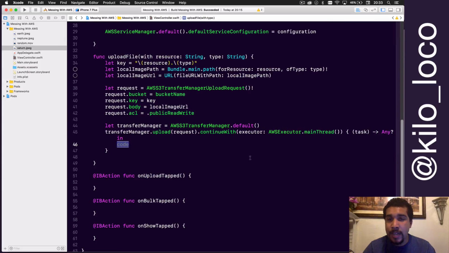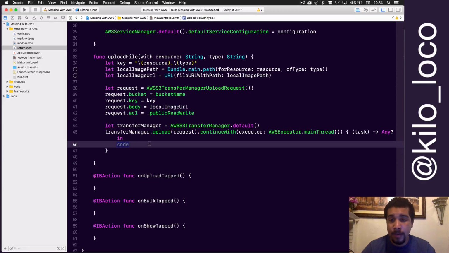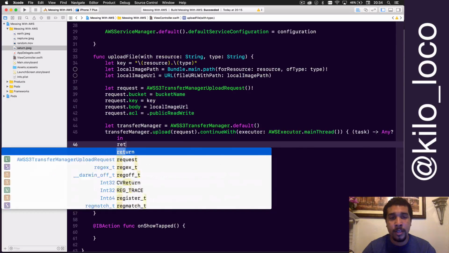So now it returns a task any. Another clear violation of Swift is you don't just return an optional any, you would return a void, because returning any, I don't know, you have to specify return nil at the end of all this. I don't understand